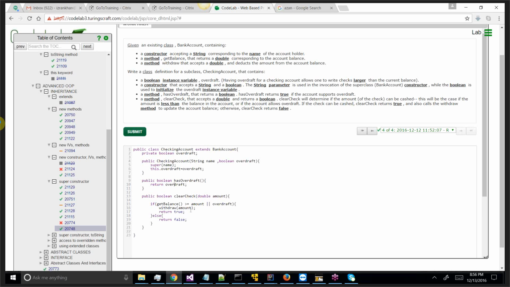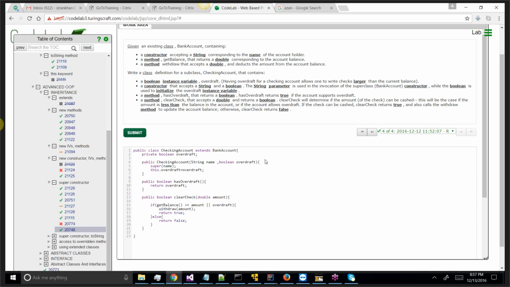ClearCheck will get the amount, and we call getBalance, which is the superclass method. If getBalance is greater than or equal to amount, or overdraft is true, then he can withdraw the amount, else he doesn't have a balance to withdraw. So the withdraw method is called, and amount is passed, and return true, else return false. So the answer for this question is